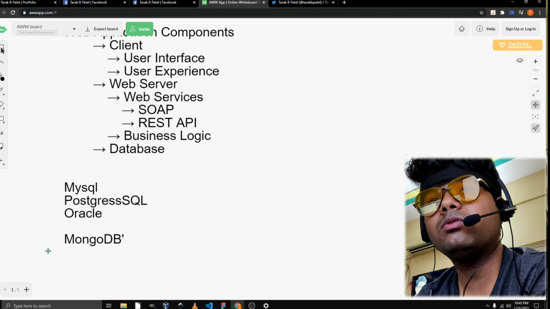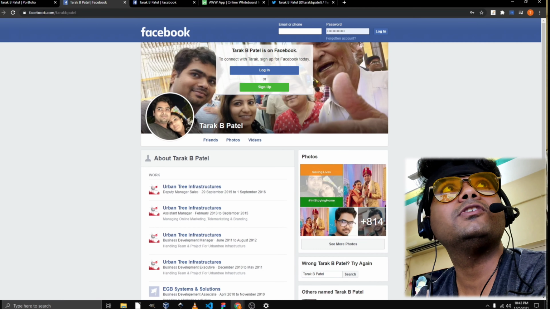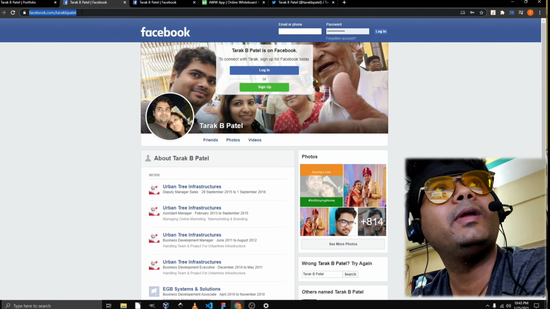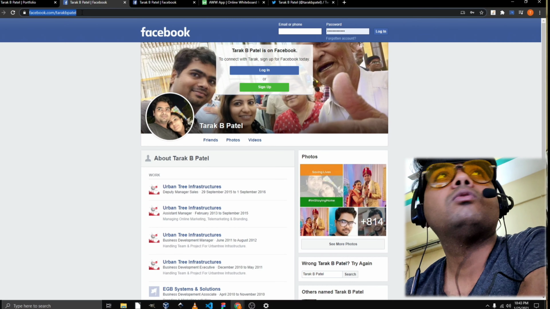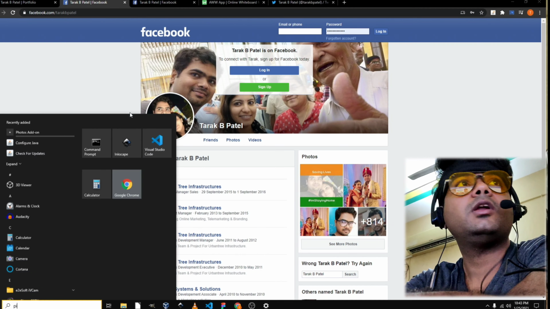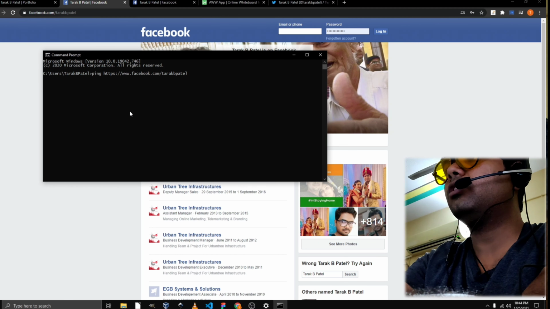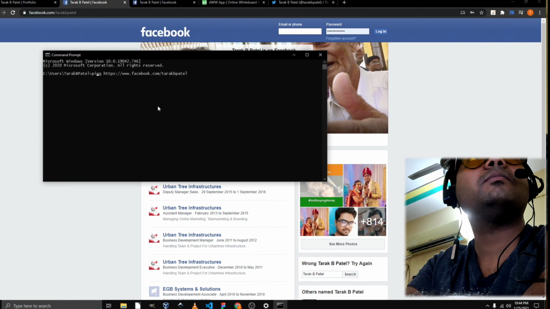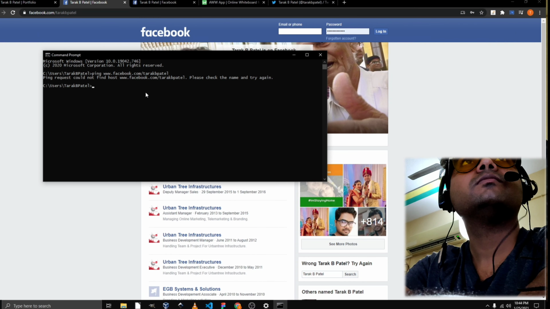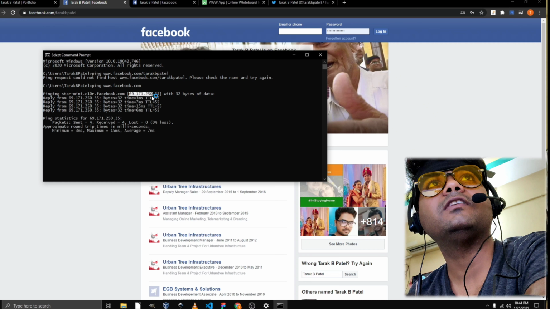Okay, so this is how your application works. In more detail, say for example facebook.com. facebook.com is exactly not an application. This is something called a DNS, or domain name service, or domain names. So what basically is facebook.com? If you go to the command prompt, I'll show you. Ping facebook.com, but I can't put ping https. So if you see, this is the IP address of that particular web server.